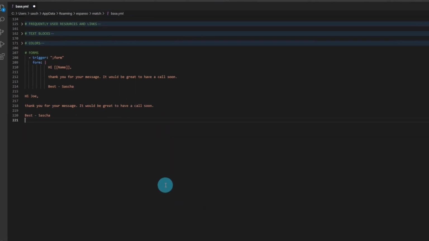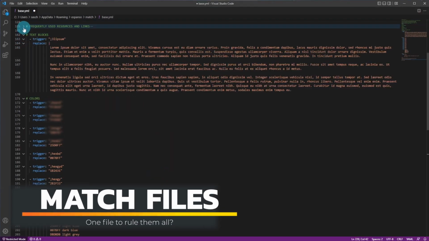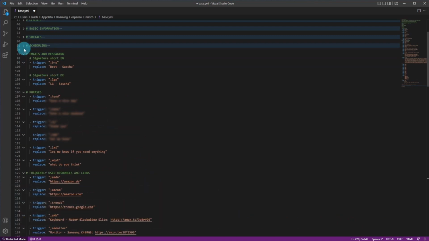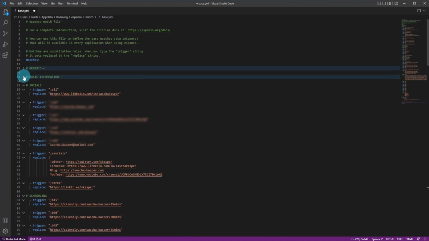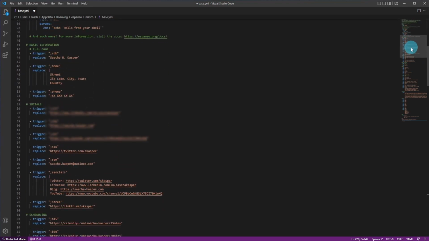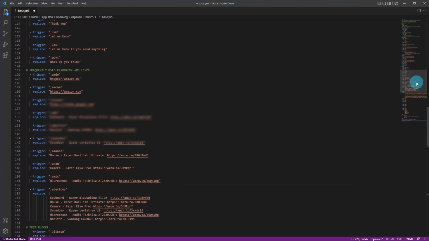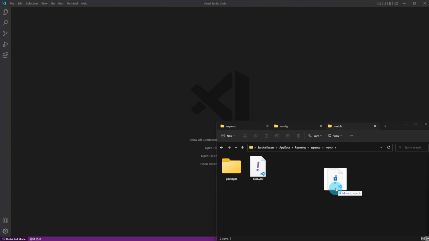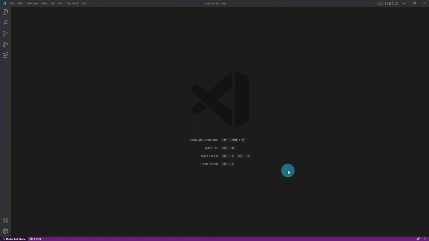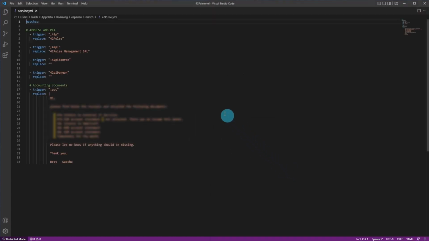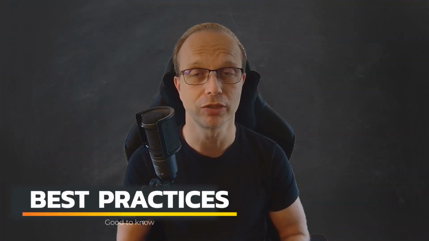Super fast and easy. Now might be a good time to talk about organizing your matches. As you can see, this list can get very long very quickly. While this has no impact on Espanso's functionality or performance, it does make it harder to keep an overview. Of course, I can structure the file with additional comment lines, but the better option in my opinion is to create multiple match files. I separated them based on the different areas I am active in. As long as you keep them all in the match folder, you can organize them in any way you want. Inside each of those files, the same rules apply. Just make sure that you start each file with matches: